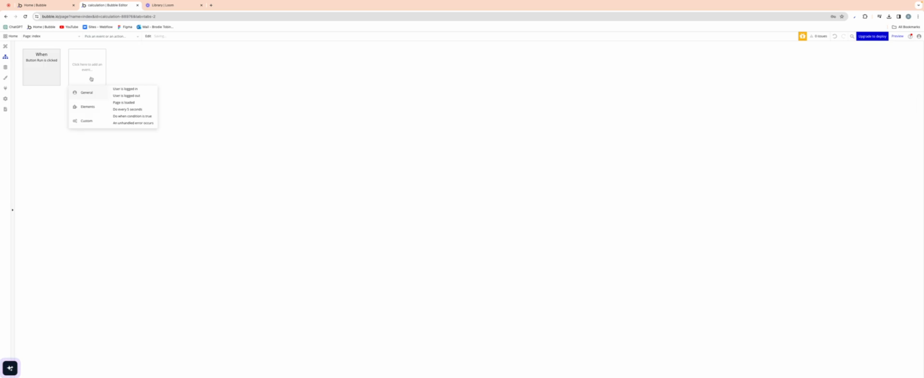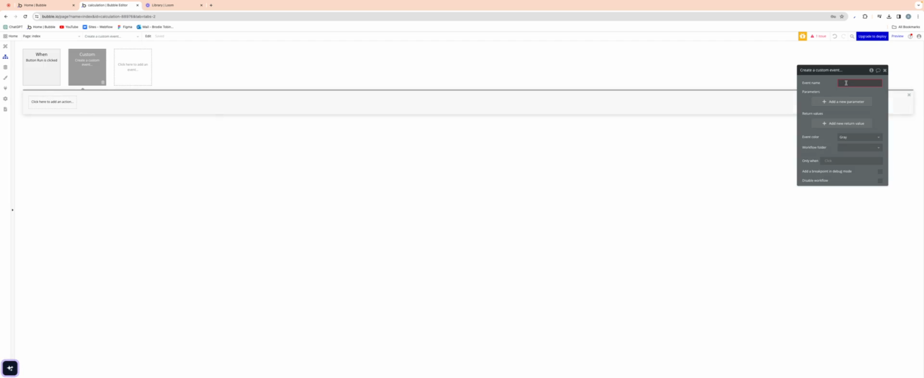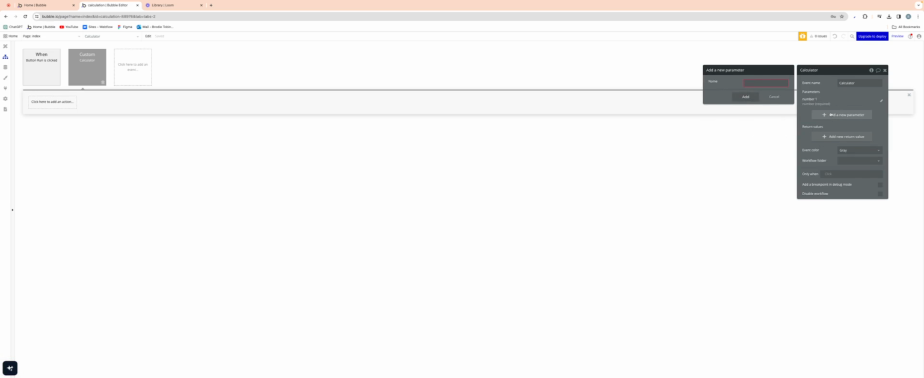We're going to add a custom event here. So we're going to go custom, create a custom event. We're going to call this calculator. Now the parameters we need here is number 1, type number. Number 2,